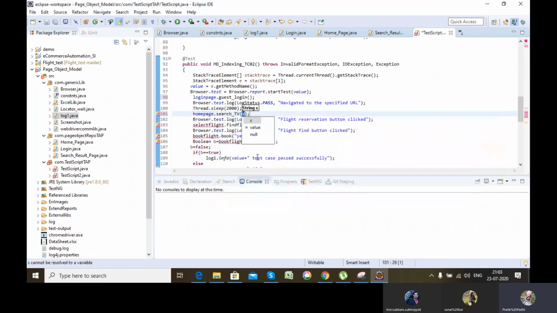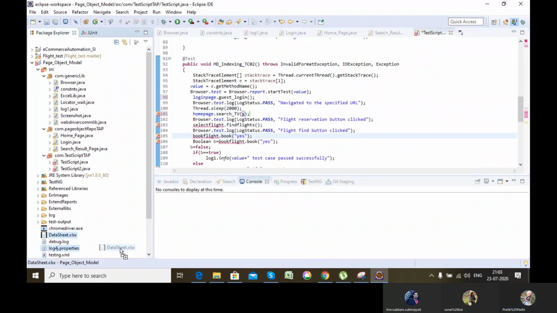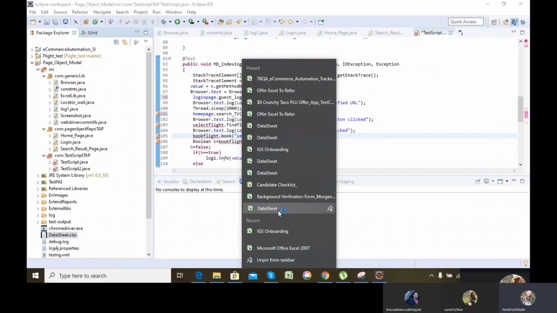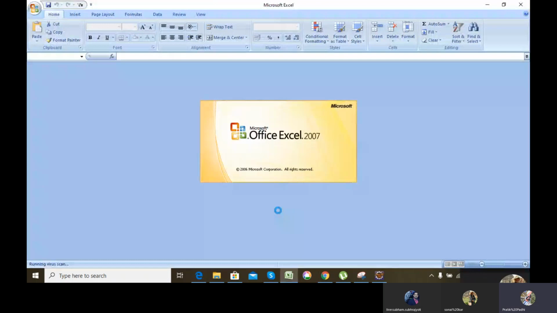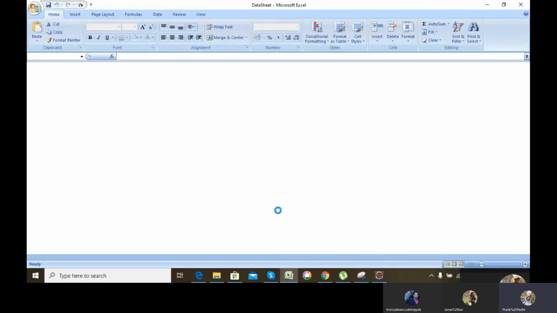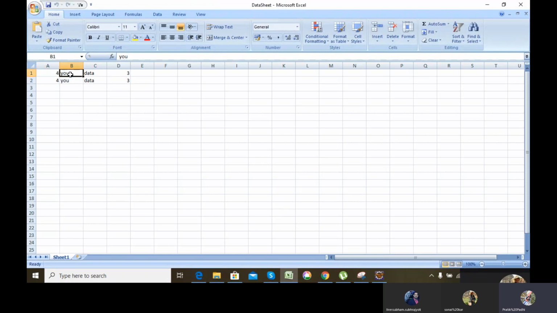Now what I have done is I have parameterized the value which I will be passing. So I can retrieve this value from the dataset. Let's say here I am storing TV.